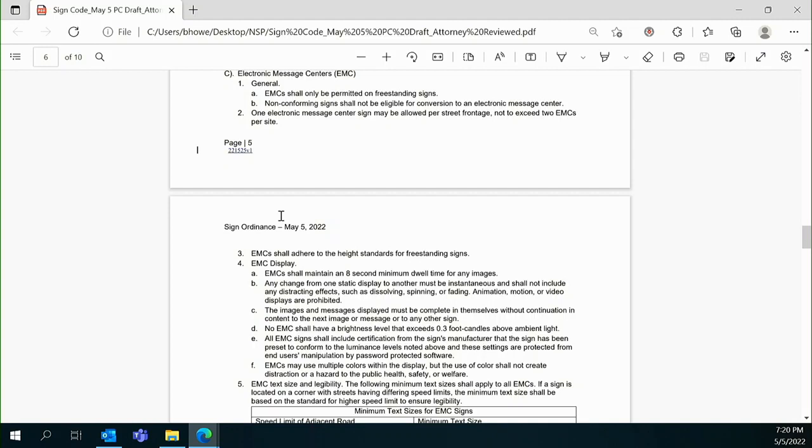I don't have a problem leaving it as written. Maybe if we start getting a lot of requests for that, that would be the time to consider changing. It's fine to leave it the way it is. Have we ever had a request? Probably not. Inside a building, you can do it. We have a quaint downtown, so we'll leave that for later. Leave it the way it is. Got it. That's all I had on that.